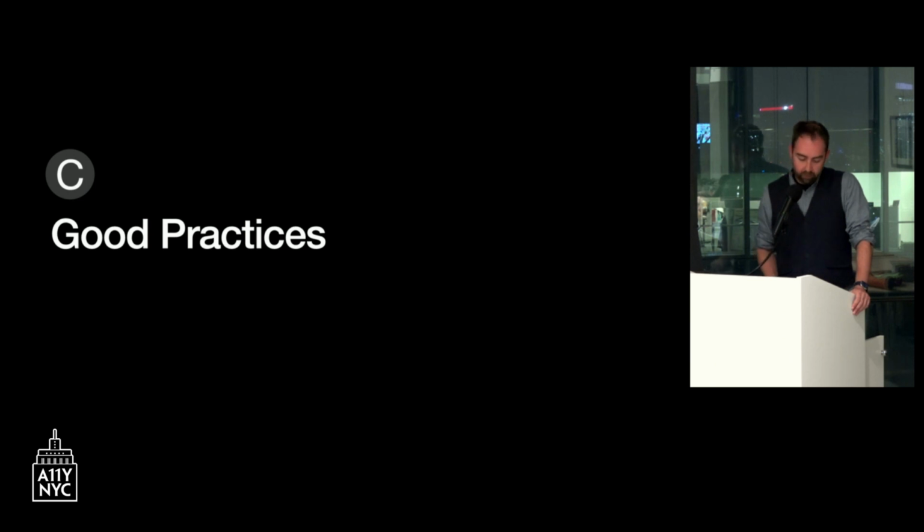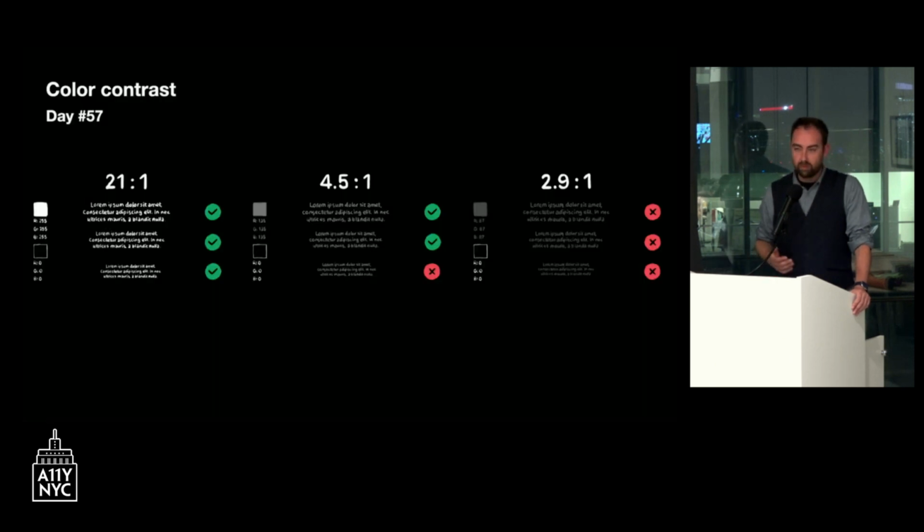And then we can talk about good practices. And the first one is color contrast. And I've taken this slide from one of the WWDC sessions from Apple because I think it's really smart. It shows you how white over black is a 21:1 contrast ratio, and it passes for any text size. Then there's a gray to black, which is 4.1:1, and you can see how the smaller text size is very difficult to read and it doesn't pass. And the third one is darker gray over black, which is a 2.9:1, and you can see how even the large text size is impossible to read.